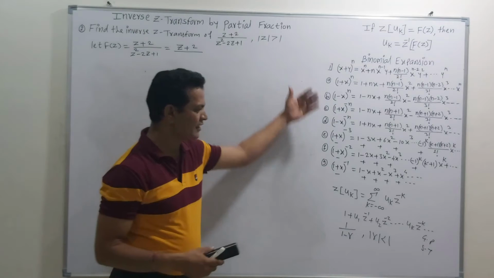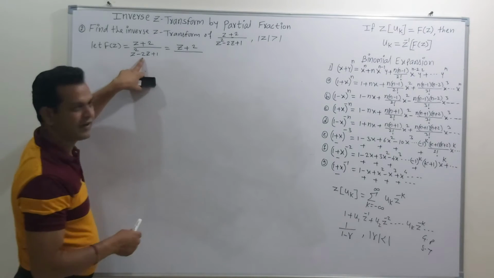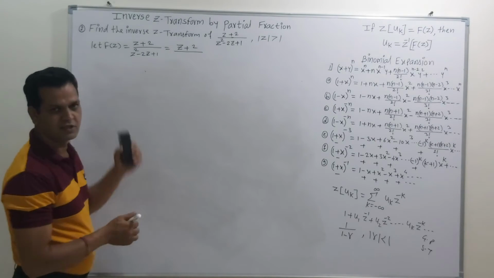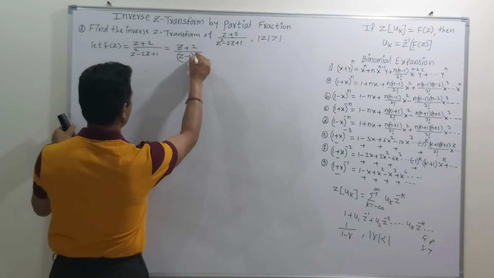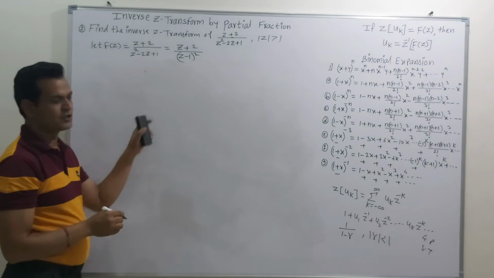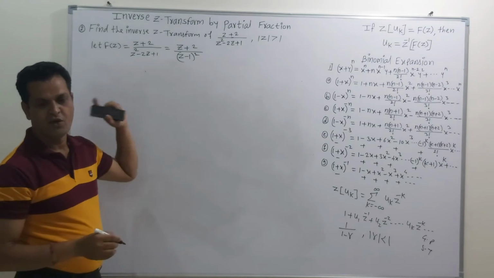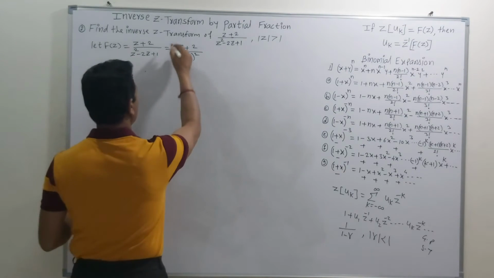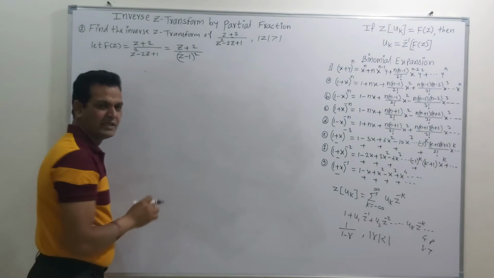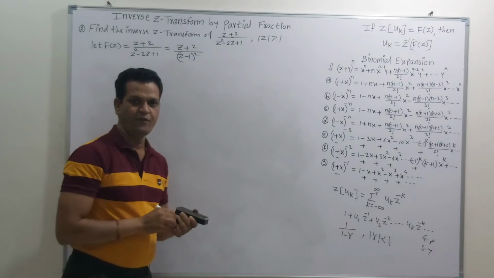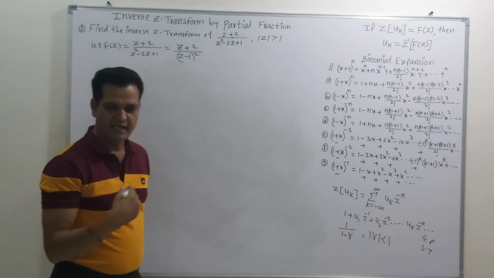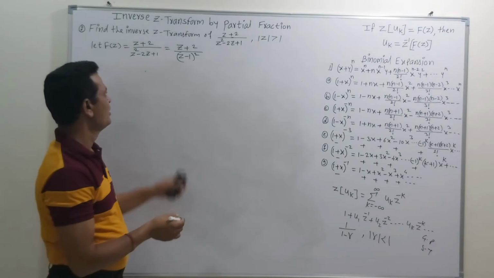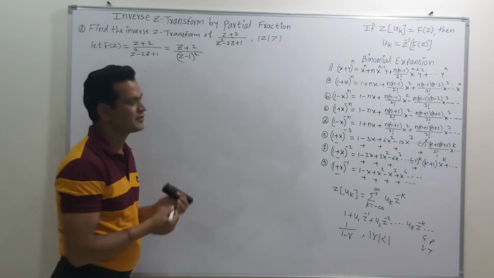Now to get this standard form, try to obtain the factor of this term. We know that this is the standard expansion of z minus 1 its square, because its square is z square minus 2z plus 1. So now friends, observe that we can write the given example in this form. Here we can obtain the partial fraction of this term, or we may directly solve by binomial expansion. Now here we are solving the example by partial fraction.